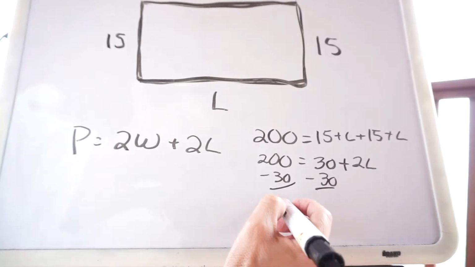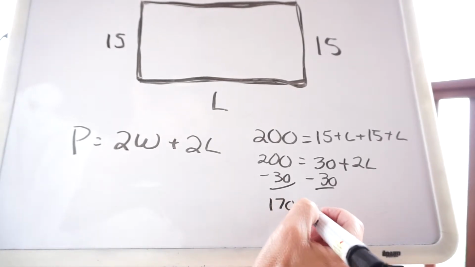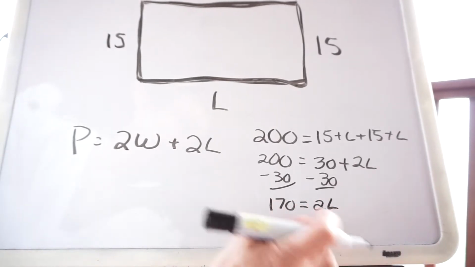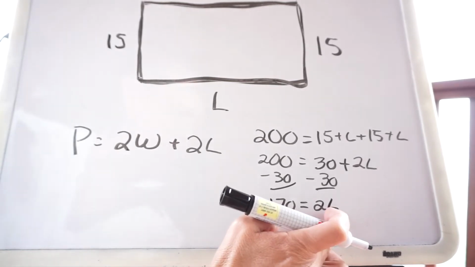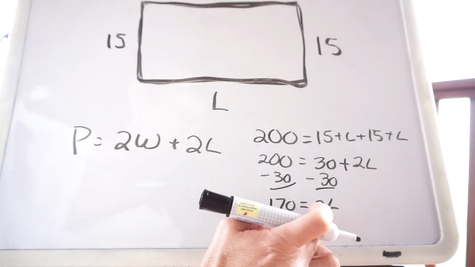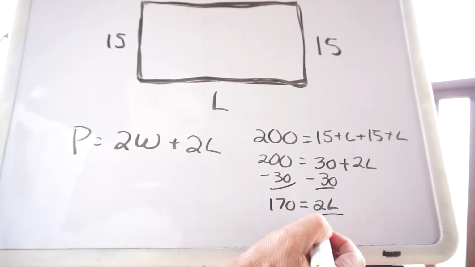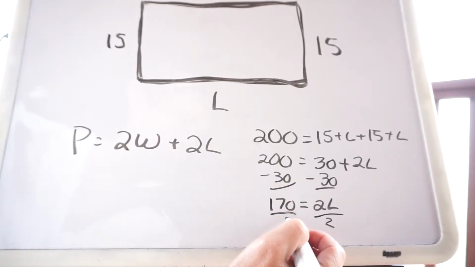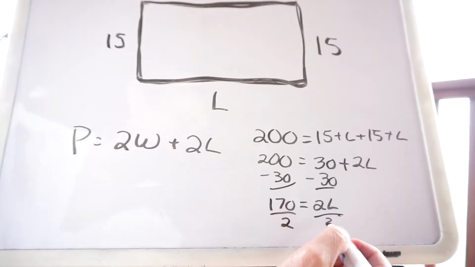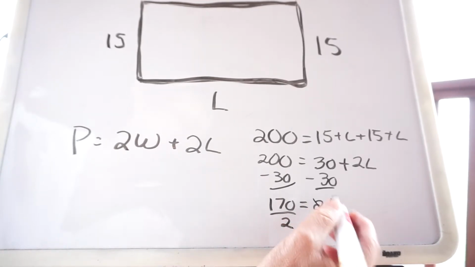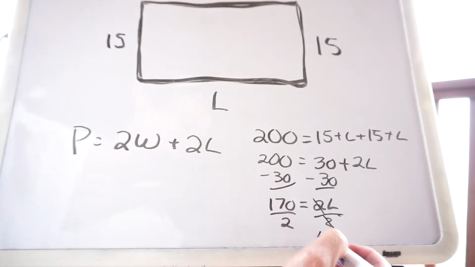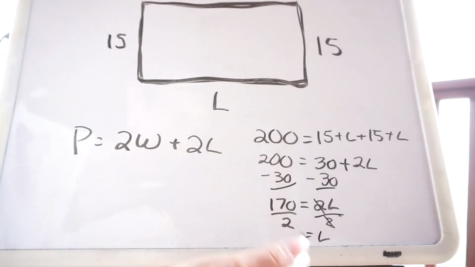Then we have 170 is equal to 2L. Again, we're still trying to get this L all by itself. The 2 is being multiplied by the L, so to undo it, we divide both sides by 2, and 2 divided by 2 is just 1, so 1L, or L, is equal to